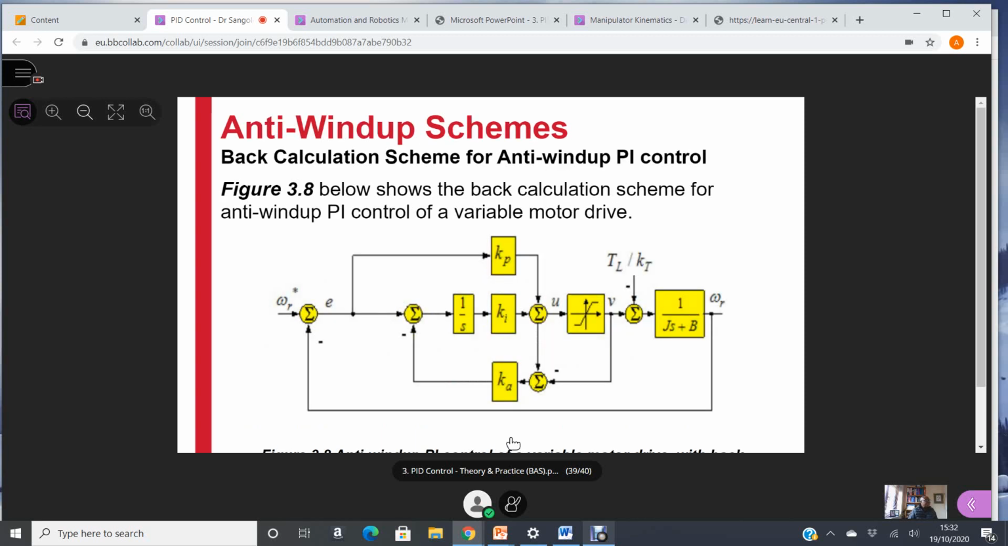The other method is called the back calculation method. This shows a block diagram for a back calculation scheme for the same variable motor drive that we just looked at. The difference here is that this is not a switch off, switch on situation. Instead, what we have is an extra feedback loop, which you can see here, wrapped around the actuator and the controller. And the point of that is to